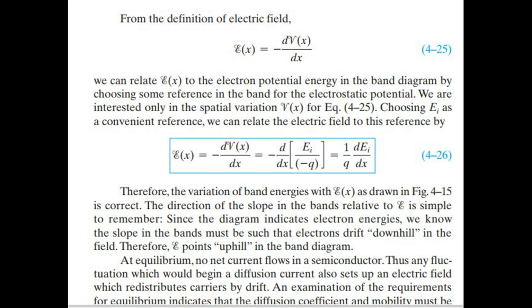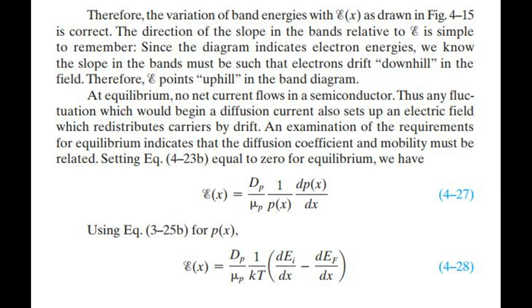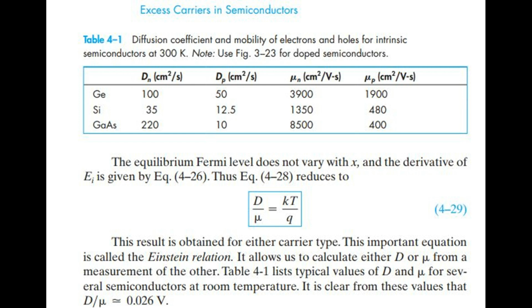At equilibrium, no net current flows in a semiconductor. Thus any fluctuation which would begin a diffusion current also sets up an electric field which redistributes carriers by drift. An examination of the requirements for equilibrium indicates that the diffusion coefficient and mobility must be related. Setting EQ 4-23b equal to 0 for equilibrium, we have